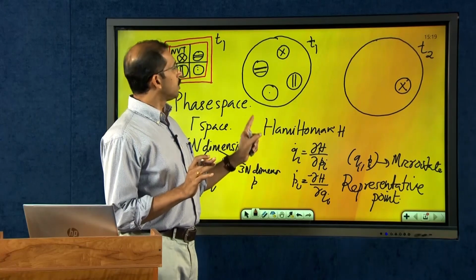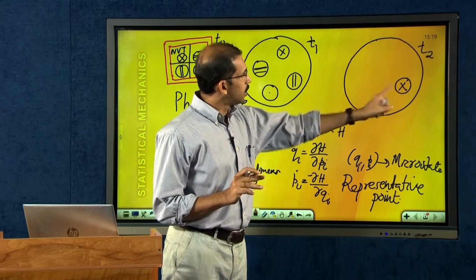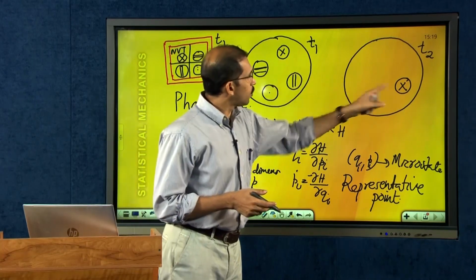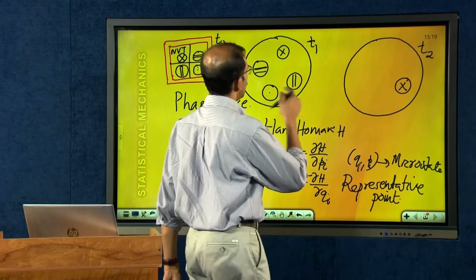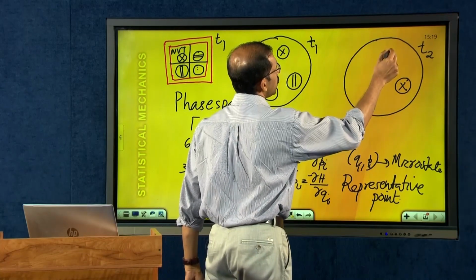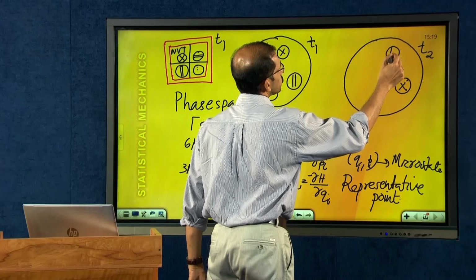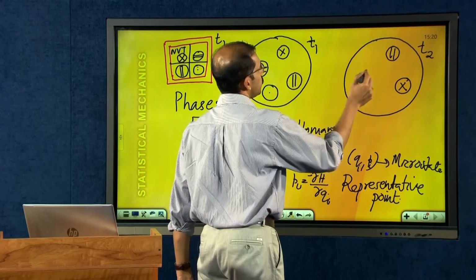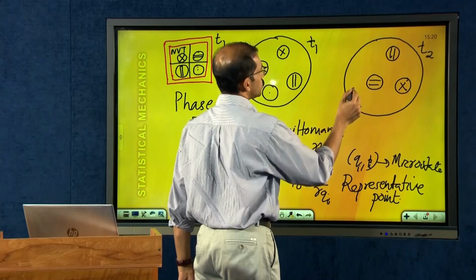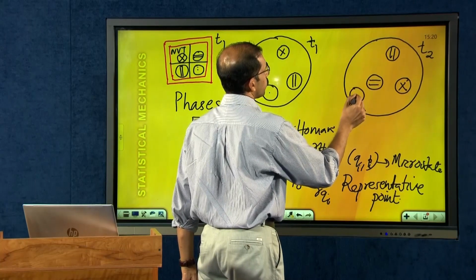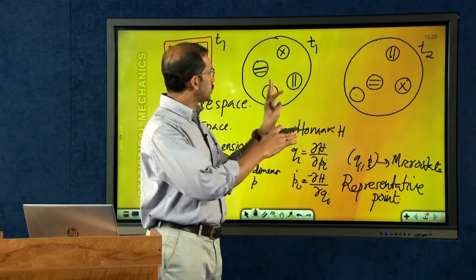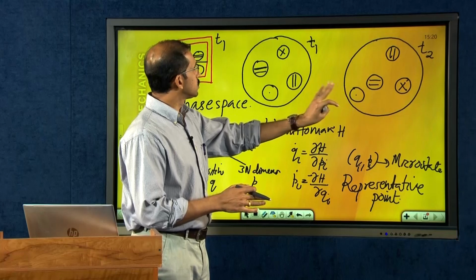So, therefore, I can definitely assume that this point, Q1 P1, has now moved into this point. And similarly, Q2 P2 maybe has moved over to here, Q3 P3 moved over to here, and Q4 P4 may have moved over to here. So, the entire arrangement is now different,